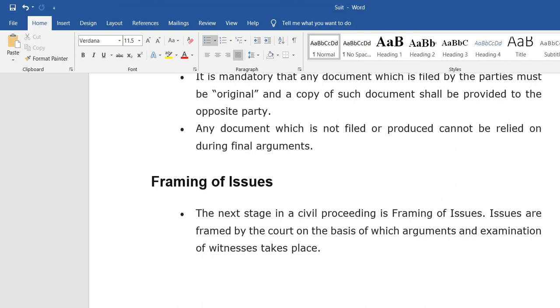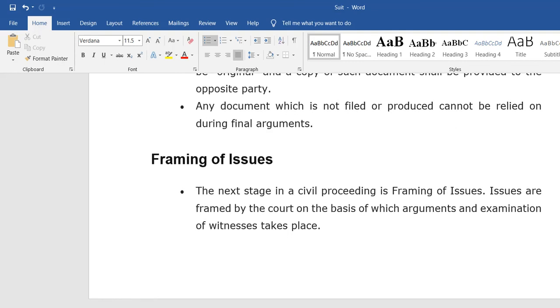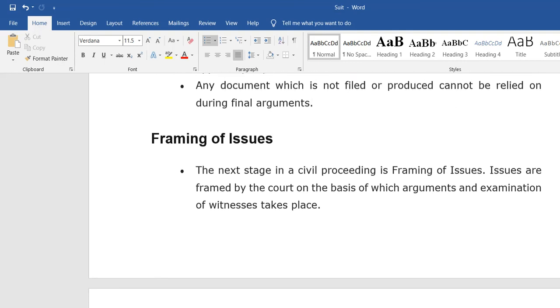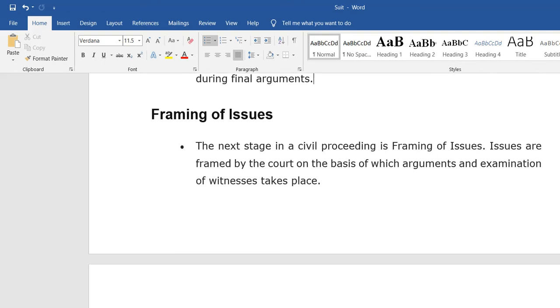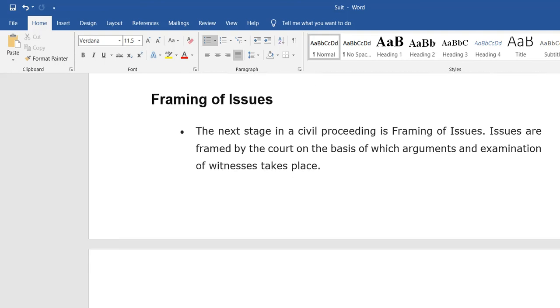The next important thing is framing up issues. How can we come to a complete framework of whatever issues have to be raised by the plaintiff? The next stage in civil proceedings is framing up issues.